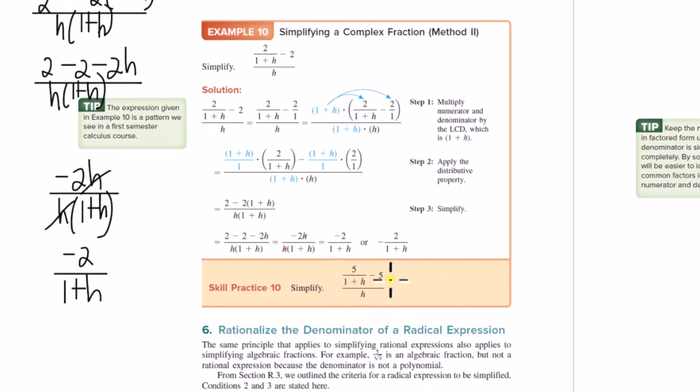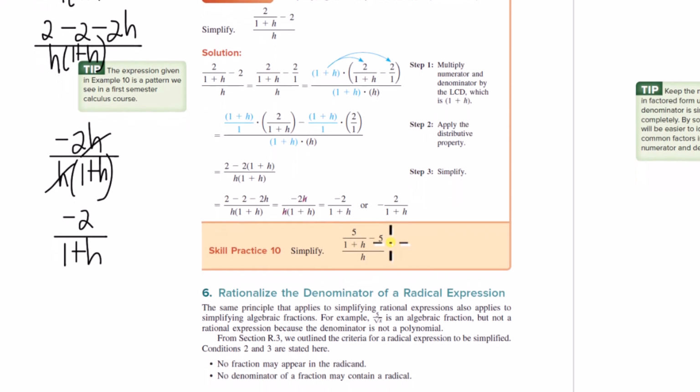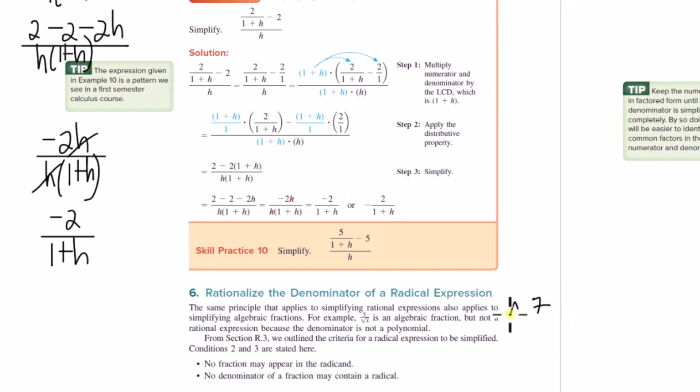Okay. Now we're switching to a new, kind of unrelated topic, not related to rational expressions. We're coming back to radical expressions. So, rationalizing the denominator of a rational expression. We already talked about this a couple of sections ago, but I think they want to expand on it a little bit. We're going to look at what if we had,